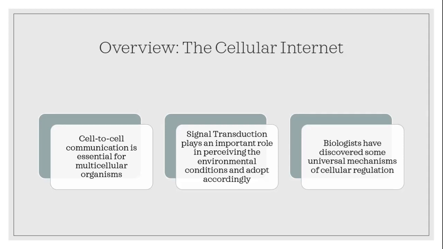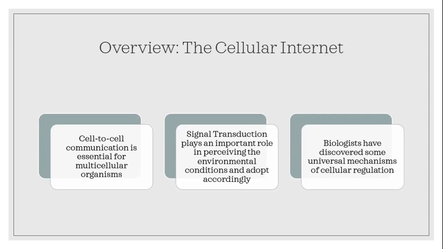This cascade of events, or series of events, will ultimately result in a response that will make that plant more adapted towards the changed environmental conditions. So signal transduction plays a very important role in sensing the environmental conditions and adapting accordingly. When you see the signal transduction process and its study, you will observe that biologists have discovered many